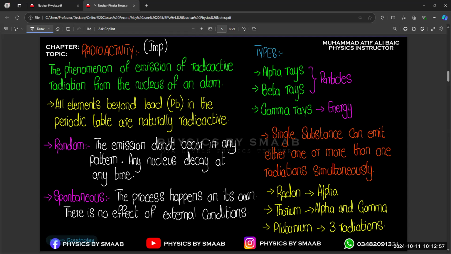We discussed that there is an atomic number, there is an atomic mass. Basically, in the atomic mass there is the term mass, and definitely there will be some mass of the nucleus, okay? So you can see in the definition it is written: it is the phenomenon of emission of radioactive radiations from the nucleus of an atom. So the water in the plastic pouch is the radiation, and those radiations are coming out from the plastic bag. And let's suppose the plastic bag is the nucleus of an atom.